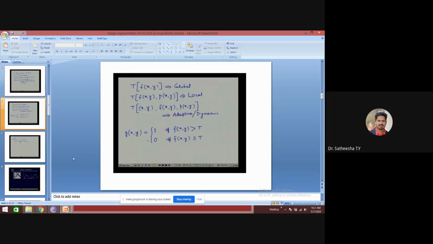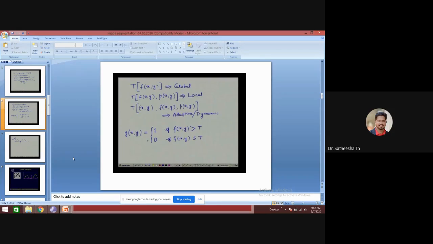So in this case, if t is a function of f of x comma y only, we say that the threshold is a global threshold, whereas if t is a function of f of x comma y and the local property, that is p of x comma y, then we say that the threshold t is a local threshold.